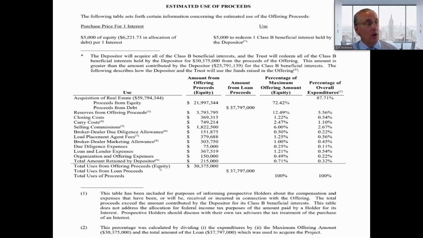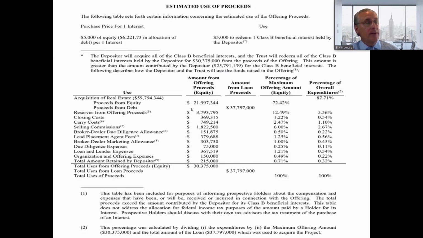We have a total offering amount, which is your equity. That's the money raised from the investors. And this is the debt. This property has debt on it. That's your total offering amount. We're going to look to the